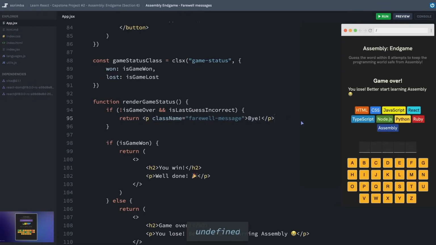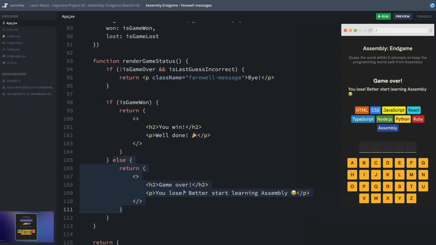Let's hit save. And oh shoot, I've made a mistake in my logic here. And let's think about it. Okay, so the game is not over. The last guess is not incorrect, so we're not considering it correct, but it's not incorrect. So then it skips this. It comes to if the IsGame1 is true, that's not going to be true. So then it's just hitting the else, and it's telling us that the game is over.